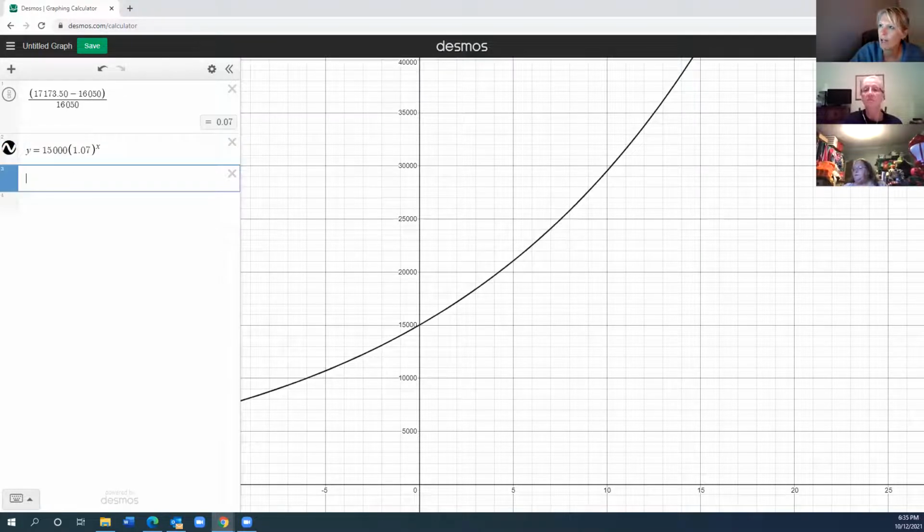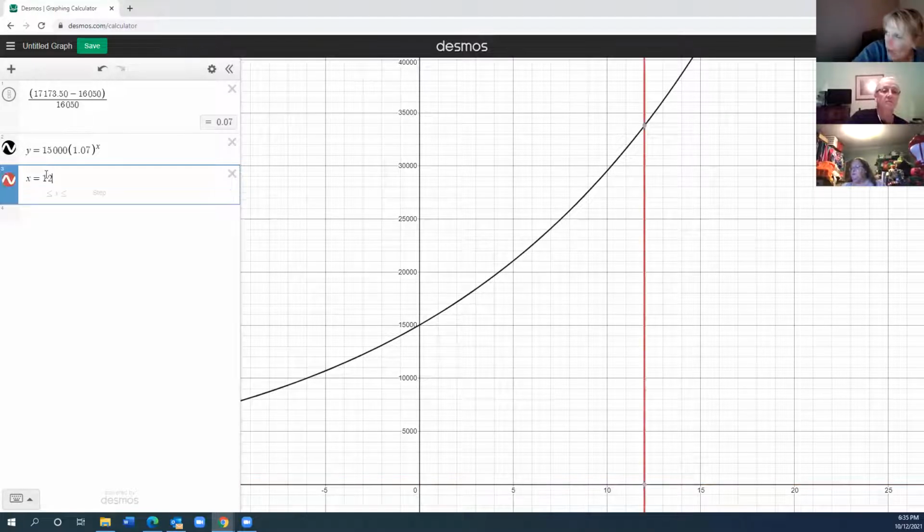But what's cool, I learned, a student said that they figured this out. If you go over here to the line underneath my equation, I just type x equals 12, it'll draw a vertical line, x equal to 12. And then if you stay right where you typed it, it puts a little gray dot where the intersection is, and then you can hover over the dot, and that is the intersection. So the intersection says that after 12 years,